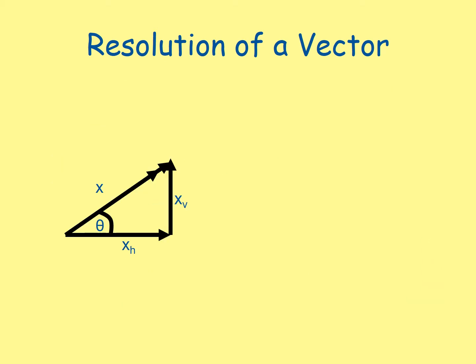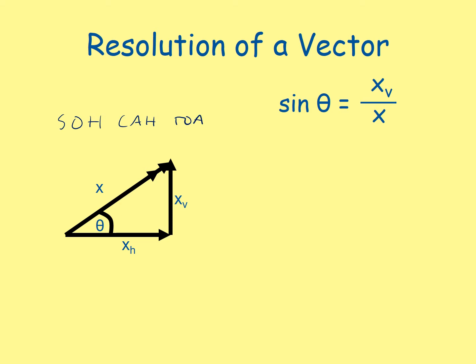We can combine those two diagrams to create a right-angled triangle just here. We've got our x, which is our initial vector. We've got xh along the bottom, our horizontal component, and xv vertically at the side, our vertical component of x. Using trigonometry, SOHCAHTOA, hopefully you remember it, we can figure out what xh is equal to and what xv is equal to. So using SOHCAHTOA here,